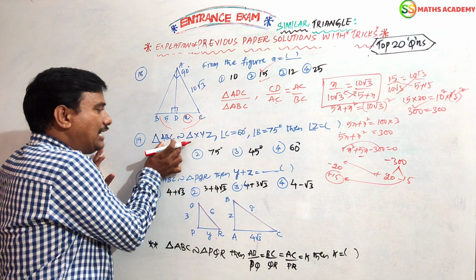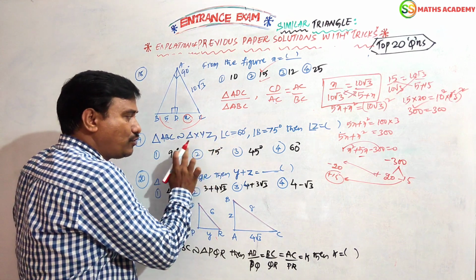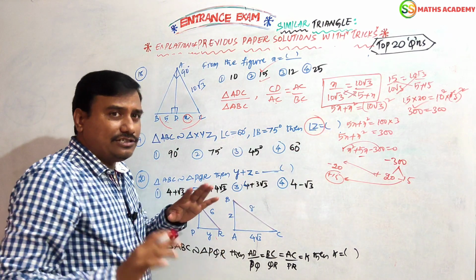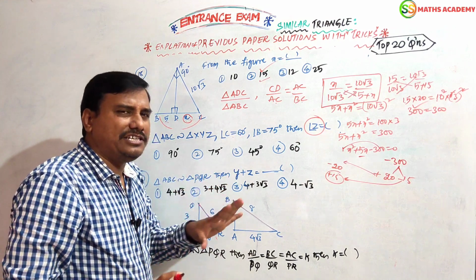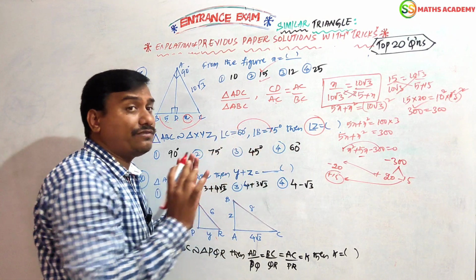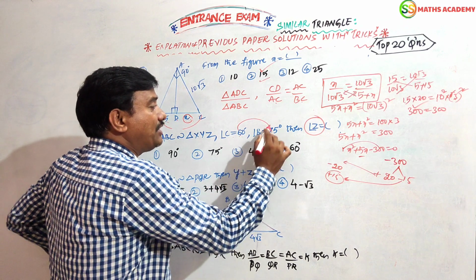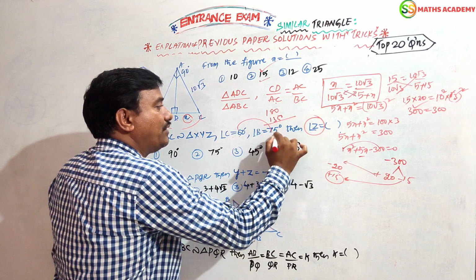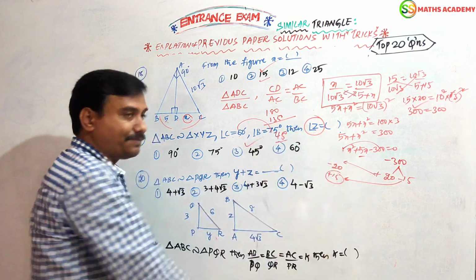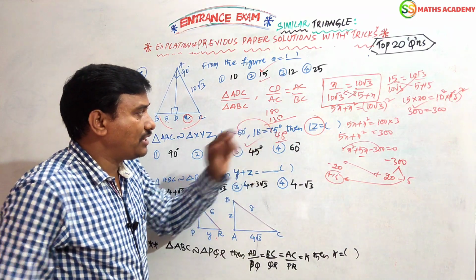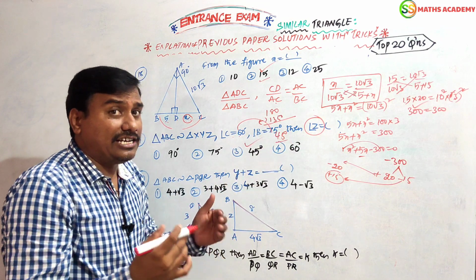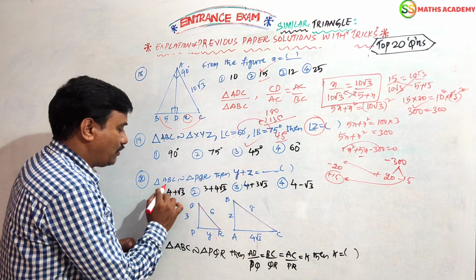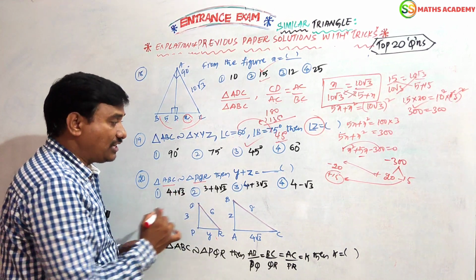Now, triangles ABC and XYZ are similar to each other, angle C and angle B are given. What about Z? Children, this is very easy. The sum of these two is subtracted from 180. 60 plus 75 is 135, subtracted from 180 we get 45. This is the answer. The sum of the angles in a triangle is 180. 180 minus 135, how much? 45. That's it.